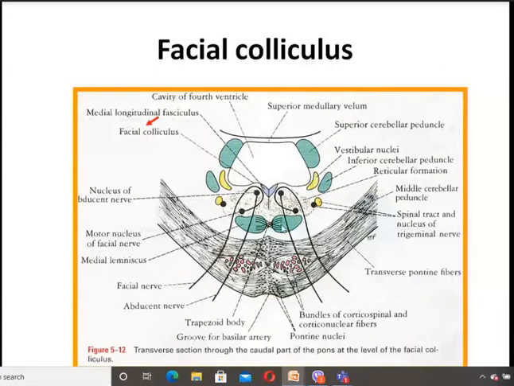So here we can see the motor nerve, and the sensory nerve is over here, and it goes like this. It winds around the abducens nerve nucleus and forms the facial nerve like this. So this bulging here is the facial colliculus, an important feature on the posterior surface of the pons. Here we can see the cavity of the fourth ventricle. This one is the bulging, which is on each side of the central sulcus on the posterior aspect in the median eminence. So that is the facial colliculus.